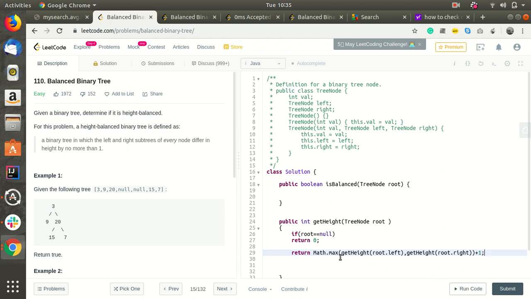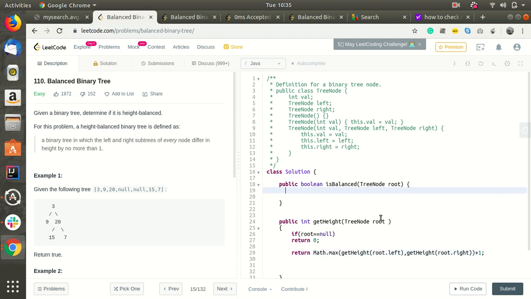So it will find the maximum height of left and right and add 1, since the node itself counts for 1. So again, this function will return the height of the subtree which we want to calculate.